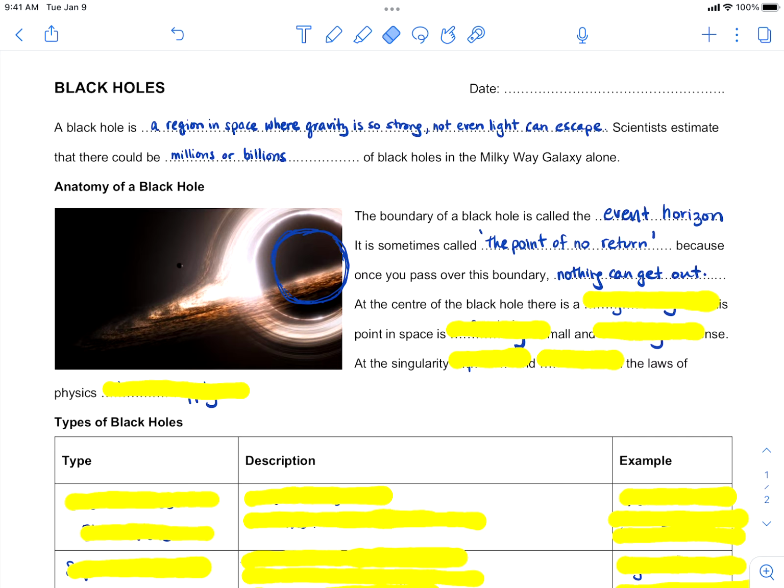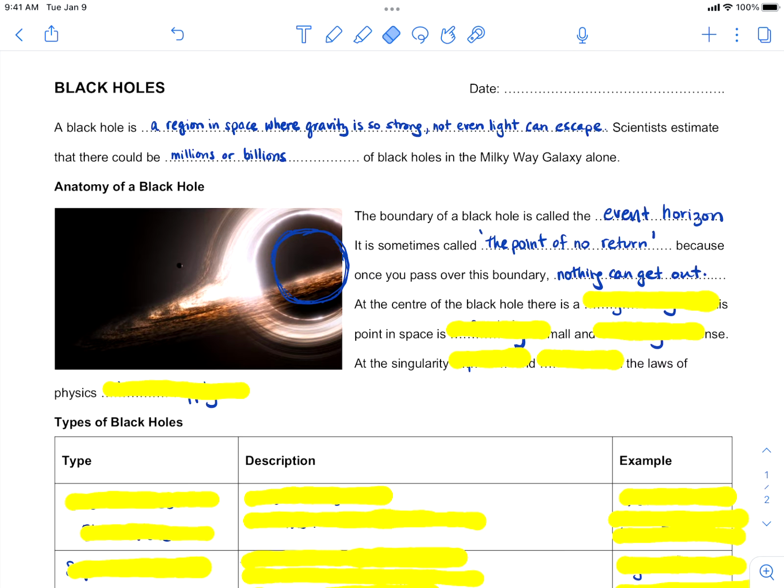It is important to note, when we're talking about the anatomy of a black hole, we're talking about models, right? Yes, we've taken a picture of a black hole. It has been confirmed. The best model that we have is given to us by a kind of math and science called general relativity that Einstein came up with a long time ago. But you have to remember that these are models, and so we have an evolving picture of what a black hole is. And for right now, the best model that we have is general relativity.